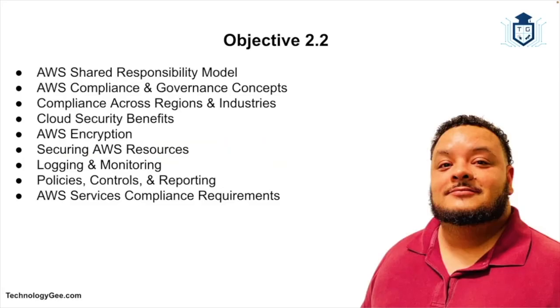All right, so when people first start learning cloud computing, especially with AWS, one of the biggest concerns that always comes up is security, and rightfully so, because you're moving data, applications, and sometimes entire infrastructures into someone else's environment. So the natural question becomes, how secure is this really? And that's exactly what this objective is all about, which is understanding how AWS approaches security, how governance is enforced, and how compliance is maintained across industries and regions. So with that being said,